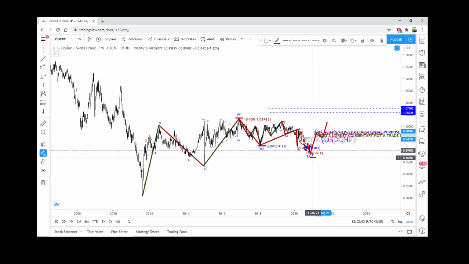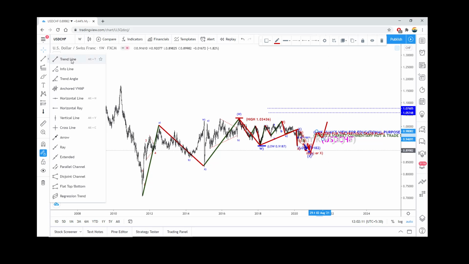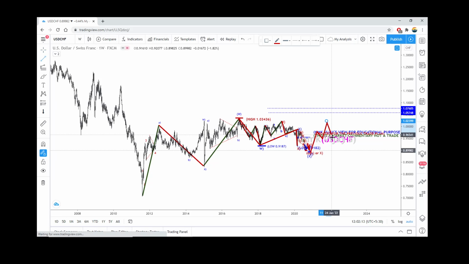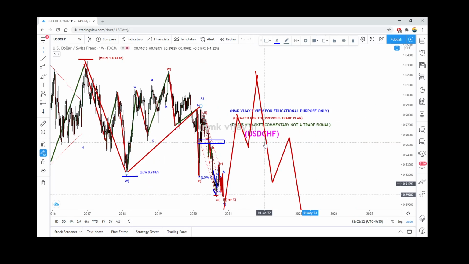So W, X, and again Y, this could be another connecting wave, and one more drop is also possible. And then this X becomes here. So right now I'm expecting